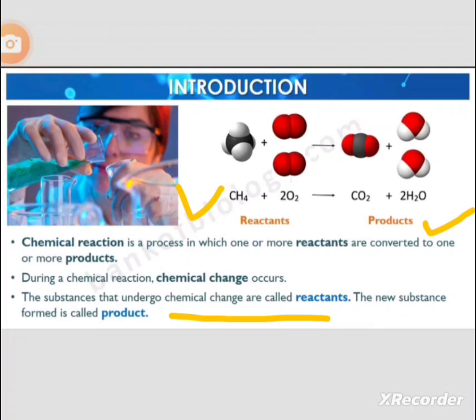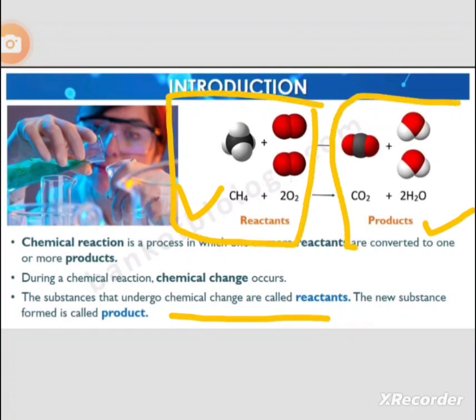So, as usual, we can say that the left side of the arrow has the reactants written and the right side has the products written, and this arrow signifies that the reaction goes in the forward direction. Now moving next,